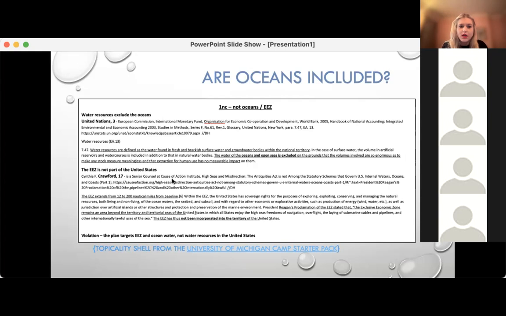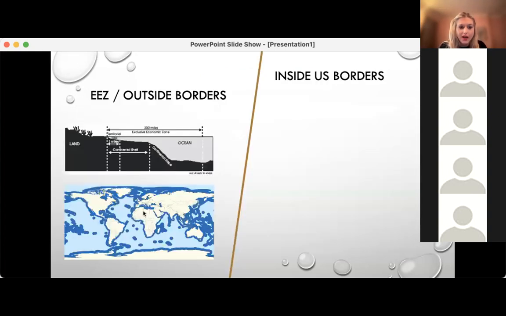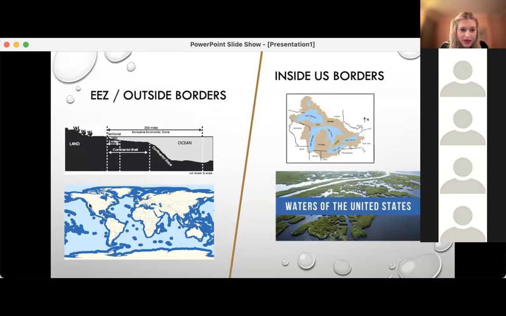So basically there is a strong sort of opinion that when we're talking about this topic, we're not talking about these blue lines. We're not talking about our outside borders of water, like the water that borders the outside of the United States. What we're talking about is the water inside of the United States. And that would include, for example, the Great Lakes. As you can see, the Great Lakes is a clear example of water that's inside of the United States. But even like, I think Lake Superior, part of that belongs to Canada.